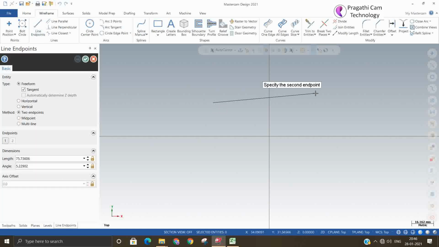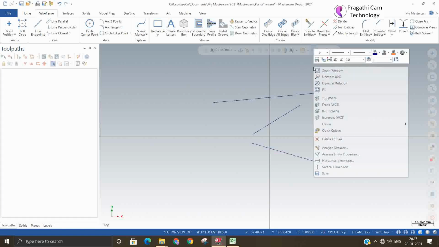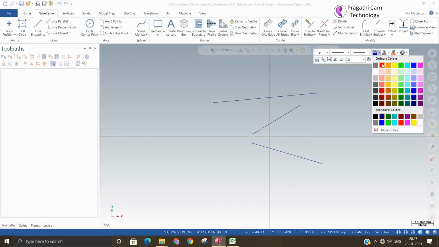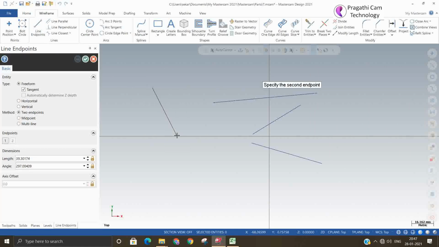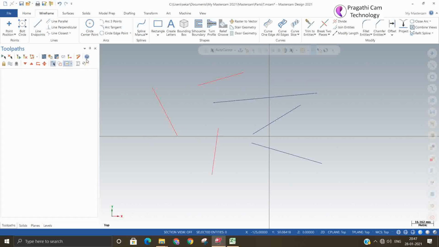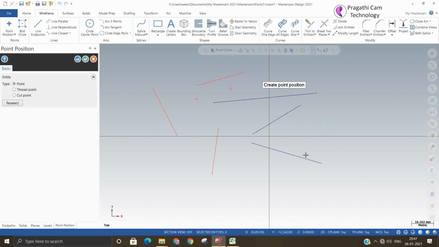For example, I'll draw some entities here. You can even change the color of your line. I'll draw some more lines. I'll make some points.